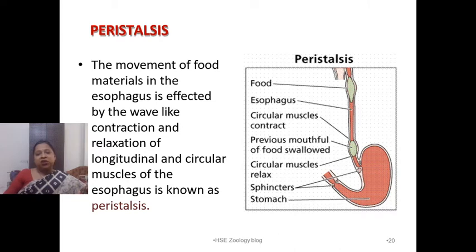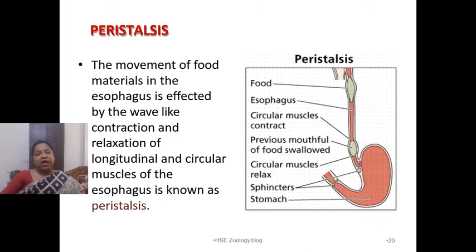Now the muscular action by which the food enters into the stomach, that muscular action is known as peristalsis, right। Now what happens, esophagus is made up of very soft tissue, soft material, so esophagus is not able to maintain its structure, fine, so that the food can easily drop into the stomach, right, so that is not possible। So whenever we swallow a wave of contraction passes into the stomach, right, एक contraction का wave जो कि food के ऊपर से start होता है, right, and it moves down, right, and it ends up after the food enters into the stomach, so this wave of contraction is known as peristalsis